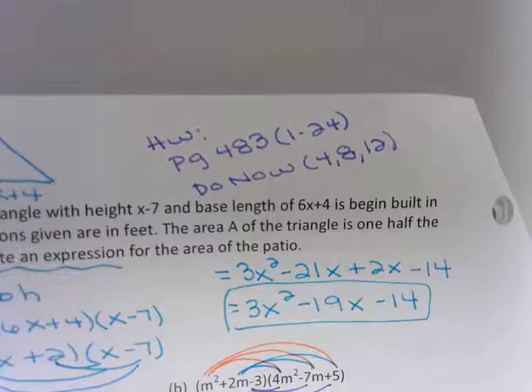Yes? None of those 4, 8, 12, those are not the ones we've been trying out, are they? There's one on there. Yes. I want to make sure you can do it before you get on the homework. So 1 through 24 is your homework. I want you to do 4, 8, and 12 first. Once you have those done, have us check them. And then we'll